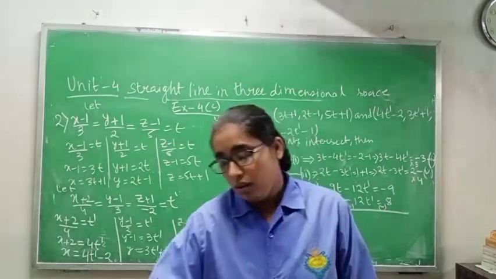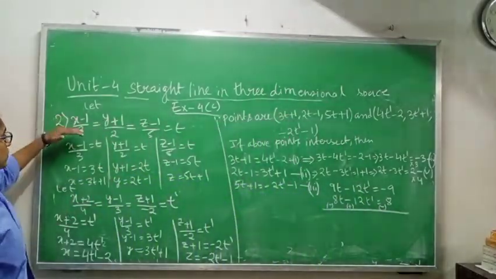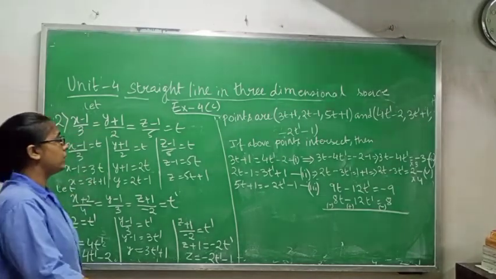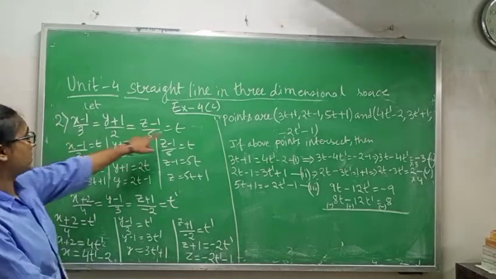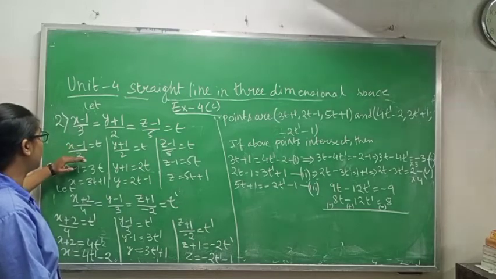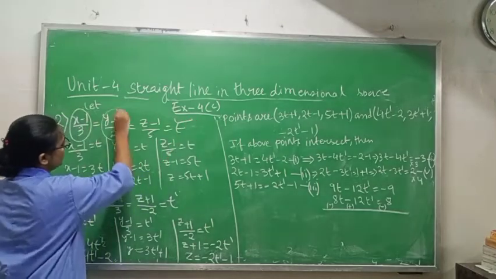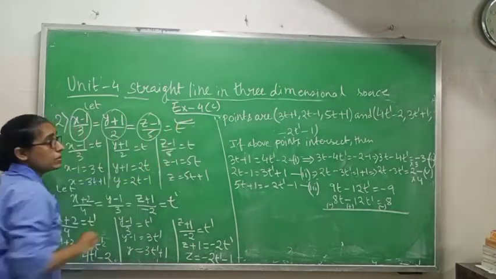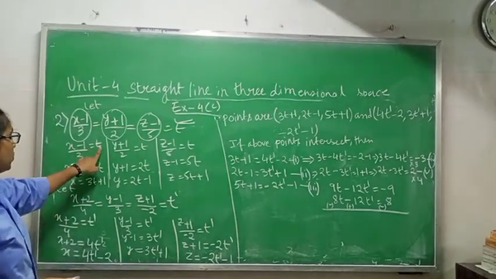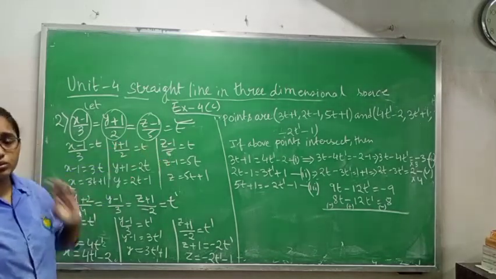Okay, so first of all, we will take these two equations which are given. First equation is (x minus 1)/3 equals (y plus 1)/2 equals (z minus 1)/5 equals t. So let this one equal t, same method. After that, (x minus 1)/3 equals t. We will separate this one with this, then this one with this, and this one with this, meaning t will go with each of them. So (x minus 1)/3 equals t, (y plus 1)/2 equals t, (z minus 1)/5 equals t.